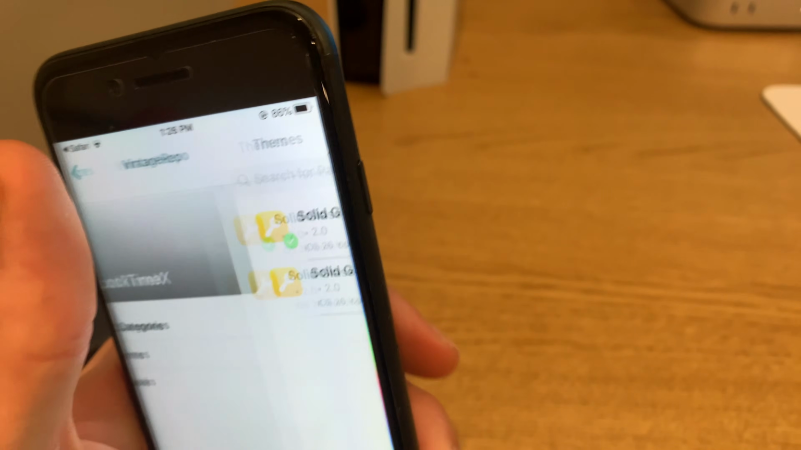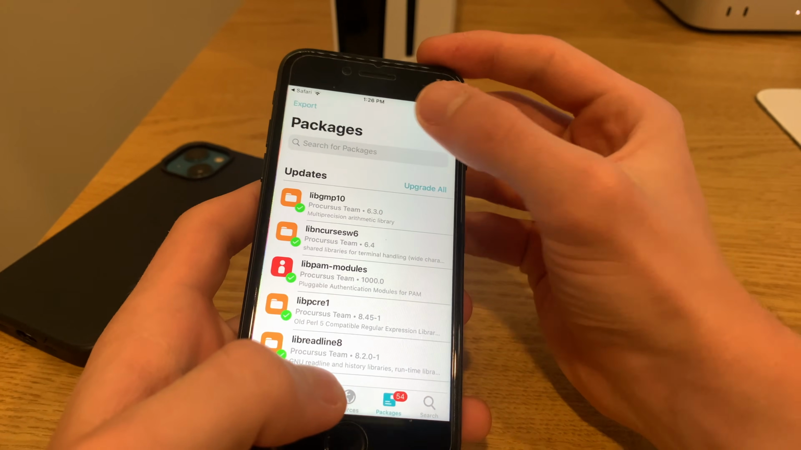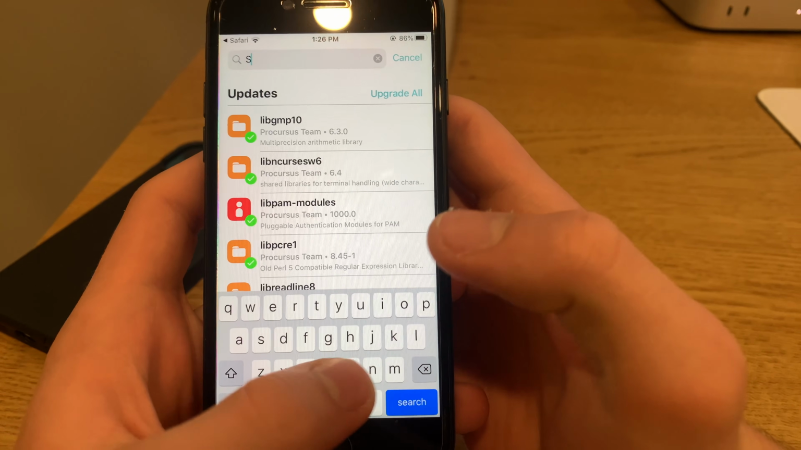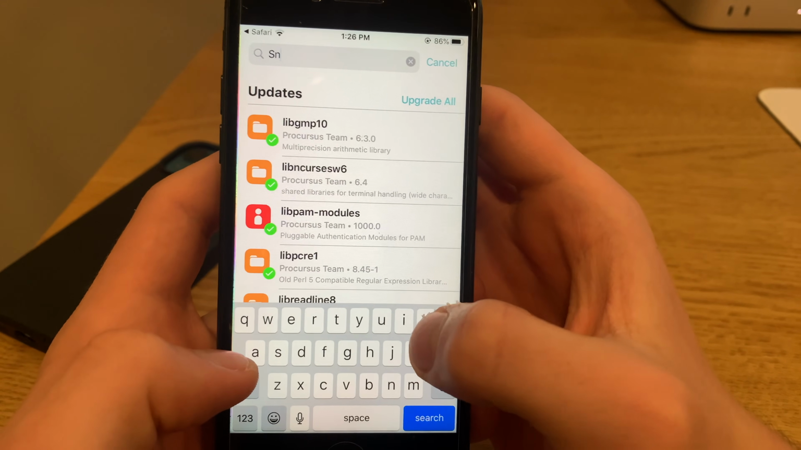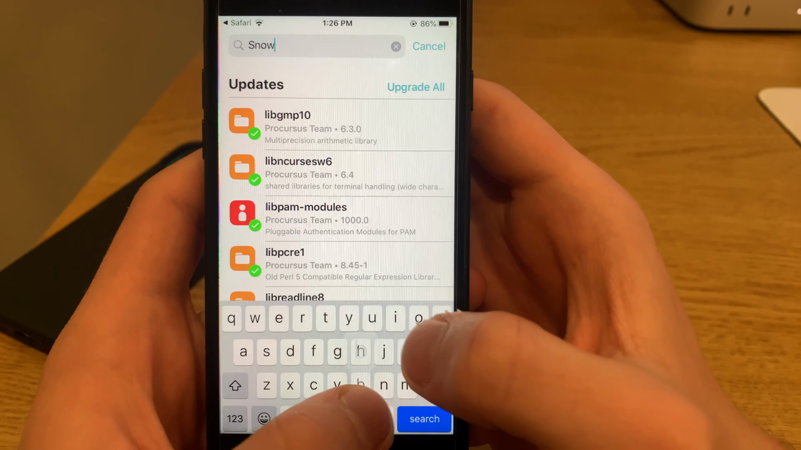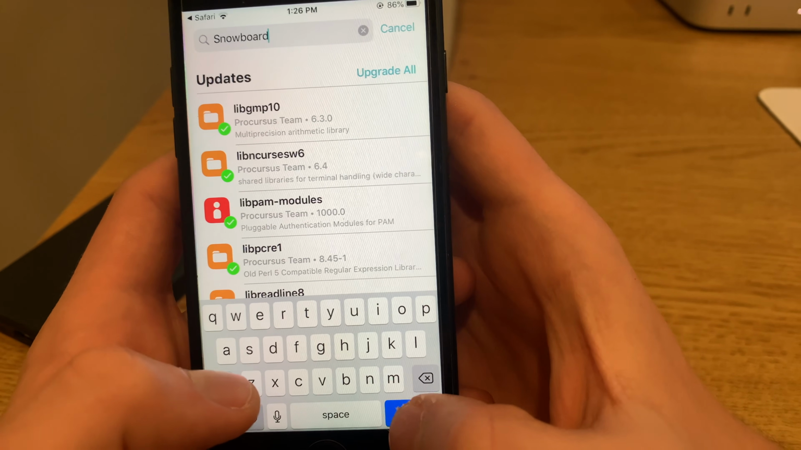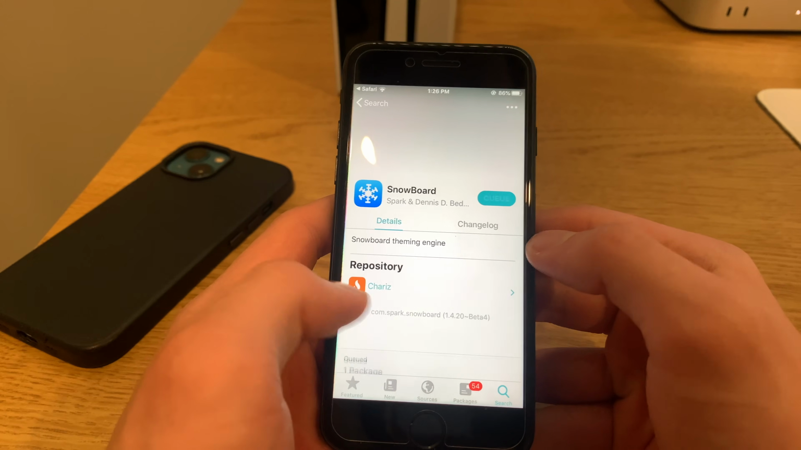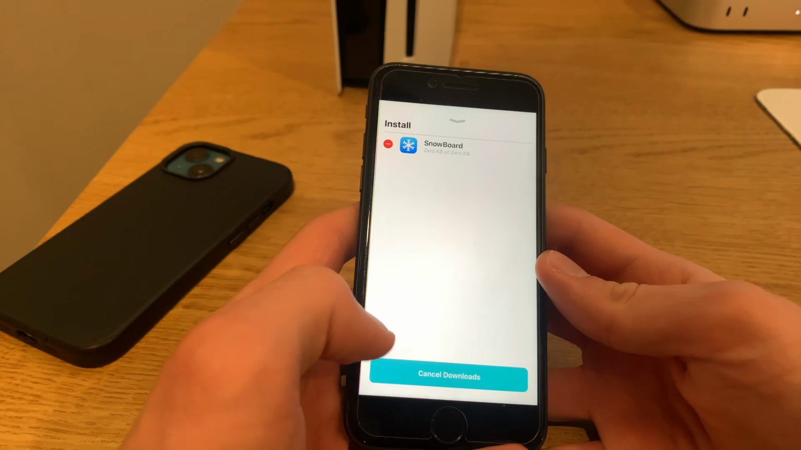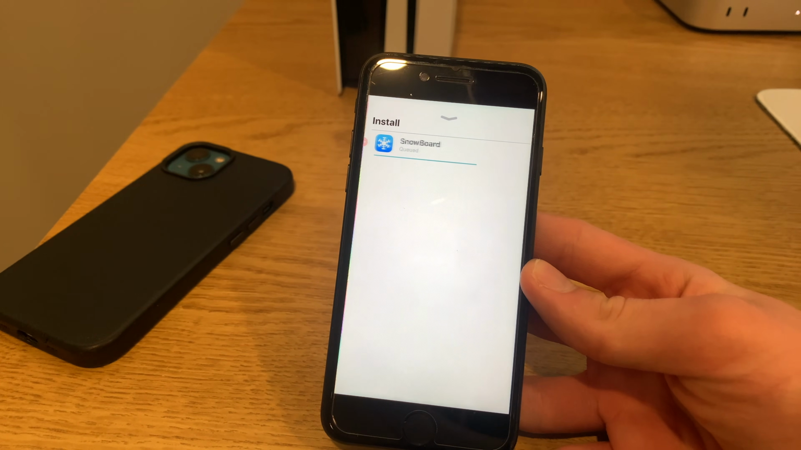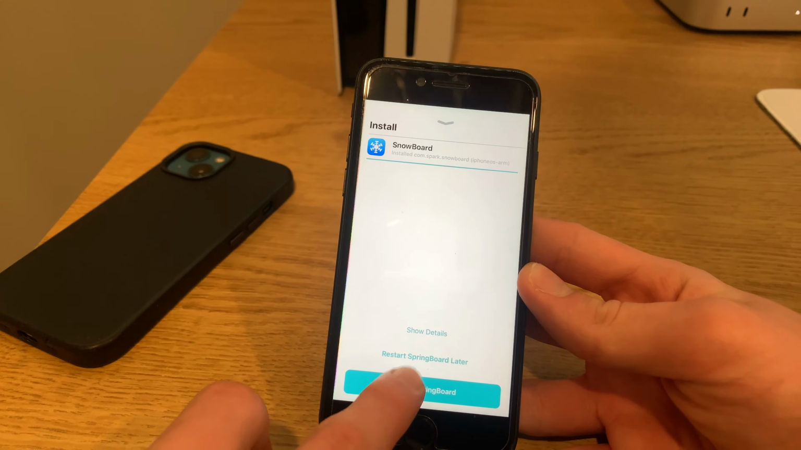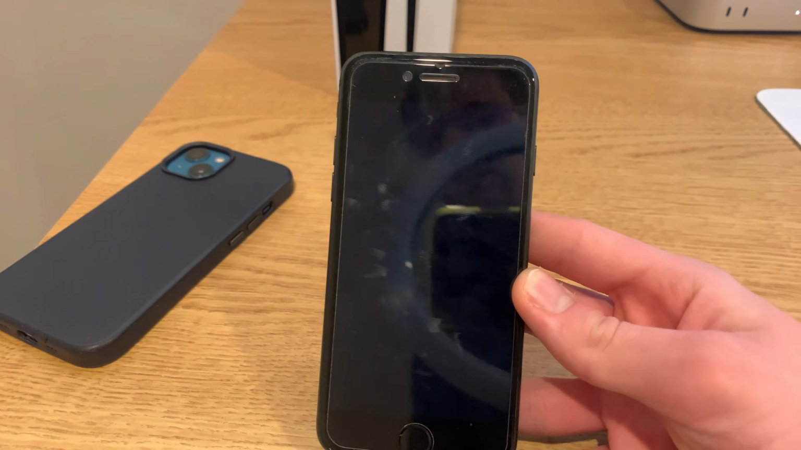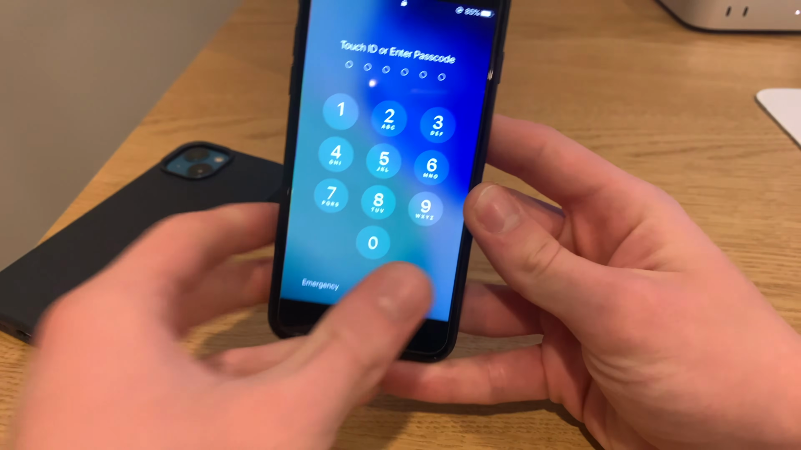Are you serious? Okay, so now we also need Snowboard, which is going to be allowing me to actually get the themes. Snowboard. That's the one we want. So we're gonna click install, click queue, and here we go. We're now installing Snowboard. Restart the springboard, and as you can see here, we are now in action. We now go